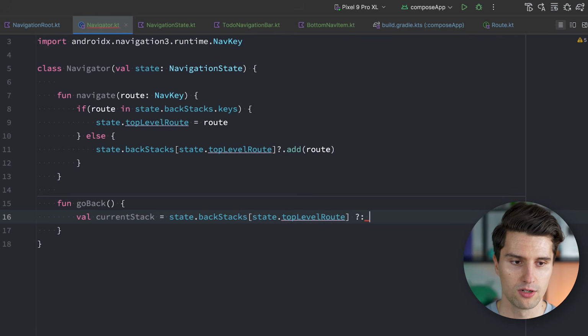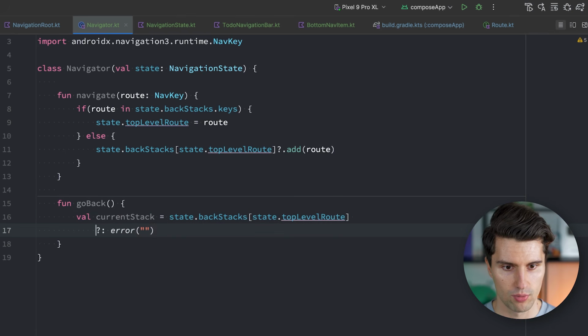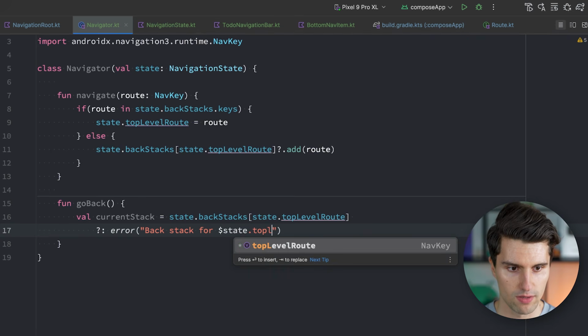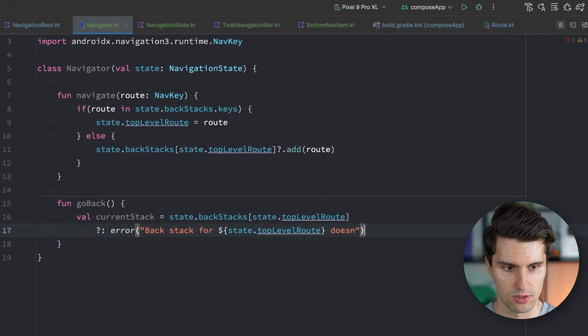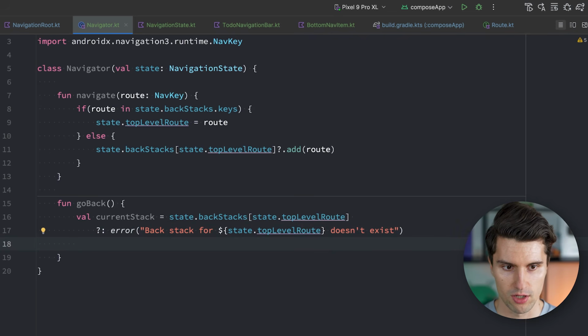We can make a null check here. So in case this is null, then it would be due to our invalid setup here. So we can say error, putting this on a separate line perhaps. Let's call it backstack for state dot top-level route doesn't exist. So this will crash our app since we try to go back from a destination that is not a top-level